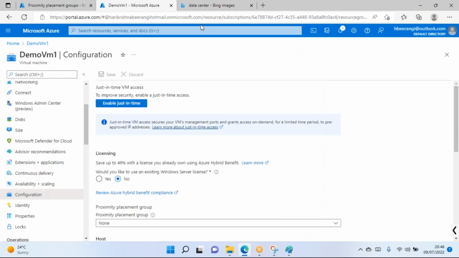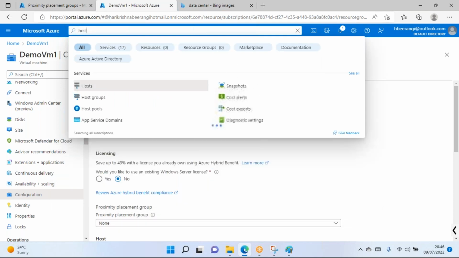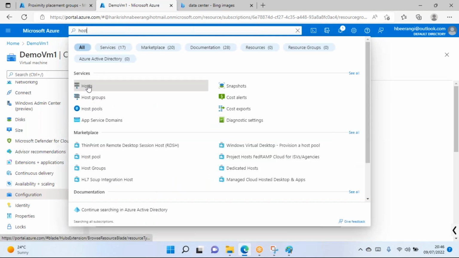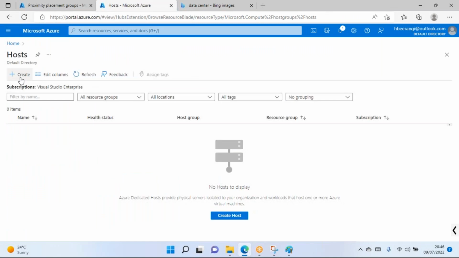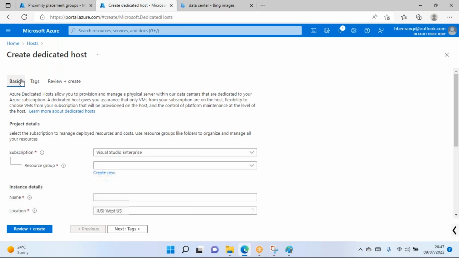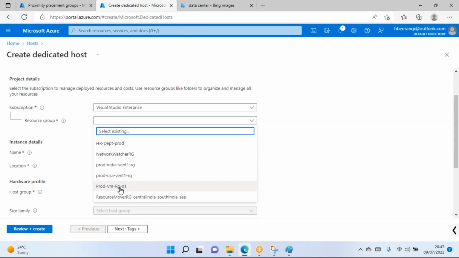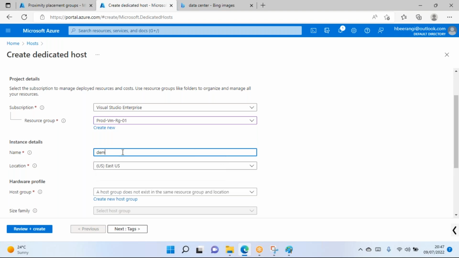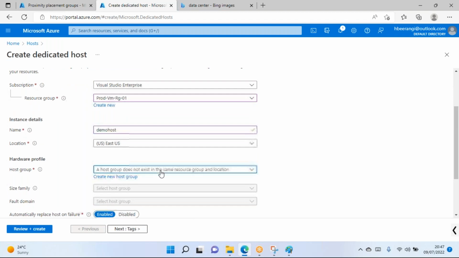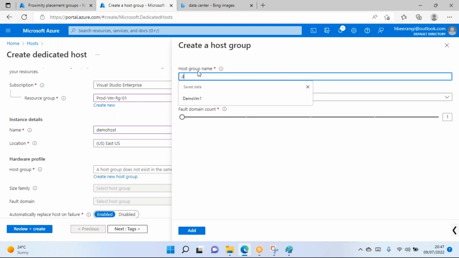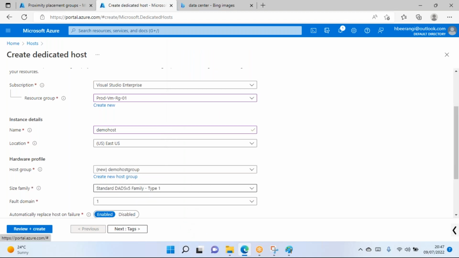Same like proximity placement group, there is a concept of hosts and host groups. Create a host, and you have to choose again resource group, and let's say demo host. ఇక్కడ హార్డ్వేర్ కెపాసిటీ, అండ్ యూ హ్యావ్ టు చూస్ హోస్ట్ గ్రూప్ యాజ్ వెల్. హోస్ట్ క్రియేట్ చేయాలంటే హోస్ట్ గ్రూప్ రెండు ఒకటే అనమాట, where you can see host is nothing but a server, group is nothing but you are just defining a logical name. I am going to create demo host group and add it. చూసారా,